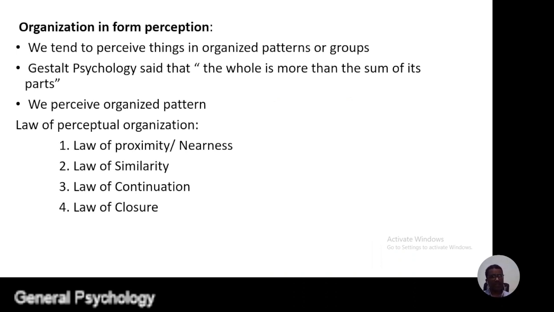Organization of information in perception focuses on the tendency of organizing different patterns and groups. As you remember, Gestalt psychology is one of the schools of thought in psychology. Its advocates believe that the whole is greater than the sum of its parts. So form perception is highly connected with making patterns, making connections, making integration, and identifying those details, those patterns, those connections which are found among the components.